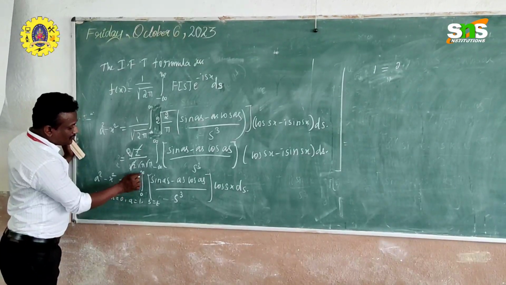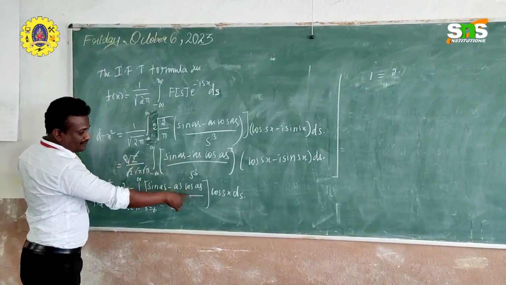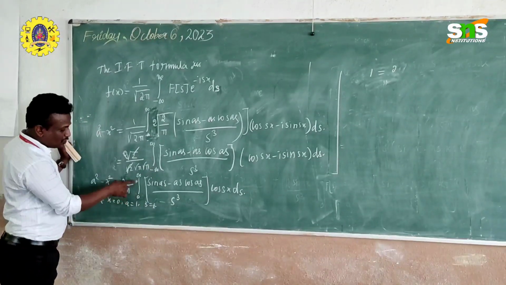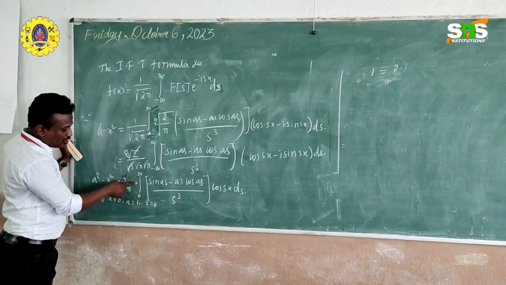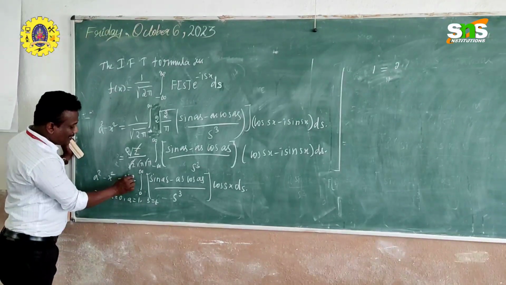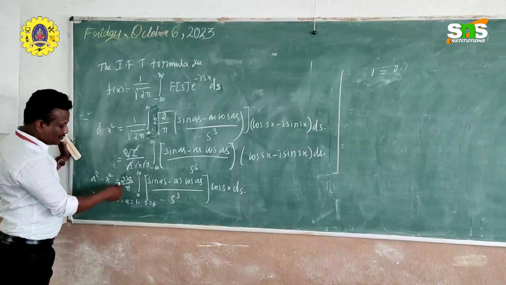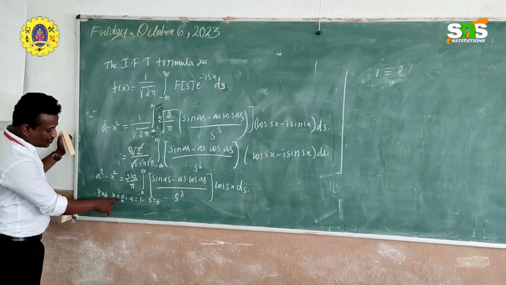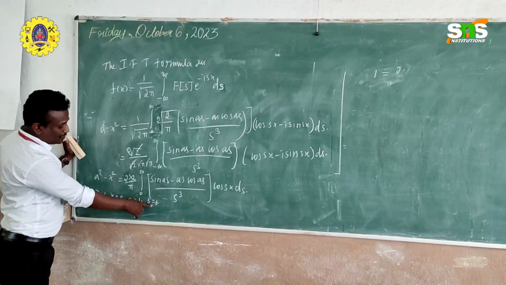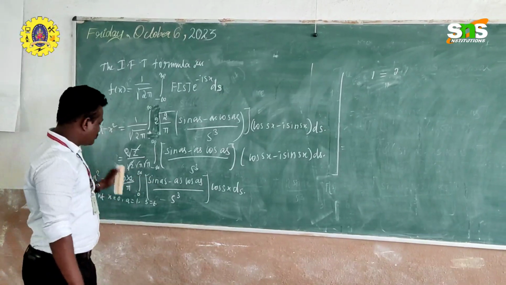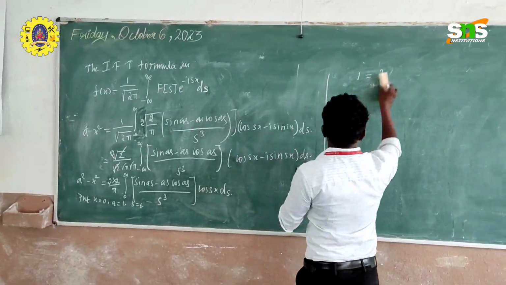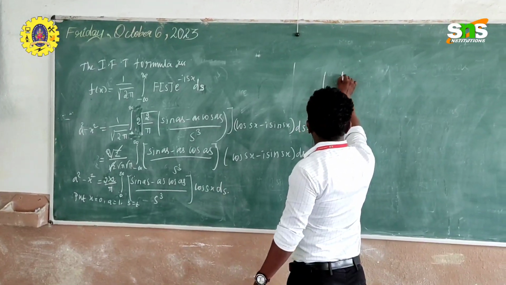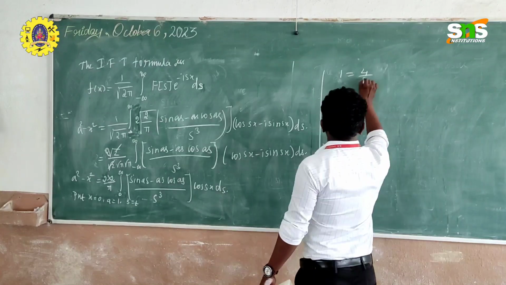Now as it is an even function, minus infinity to plus infinity can be changed to 0 to infinity. When you change to 0 to infinity, you have to multiply by 2 here also. So what would happen? Here now put x equal to 0, a equal to 1 and s equal to t in this result. After putting all these values, the left side becomes a square, which is 1, 1 minus 0 is 1, which is equal to 4 divided by pi.